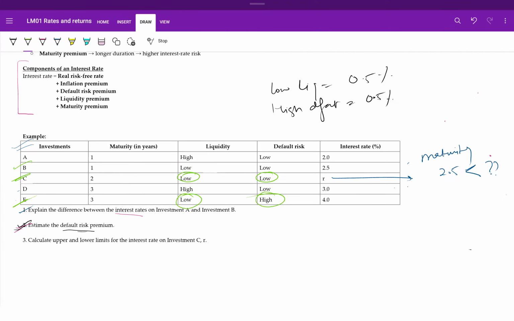For low liquidity and high default, when we look at this, or let's compare C and D. So if we look at this, the default is low. This means this is a good thing. But when we talk about liquidity, here liquidity is low and here the liquidity is high. So I can say that